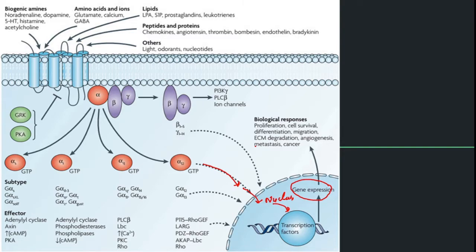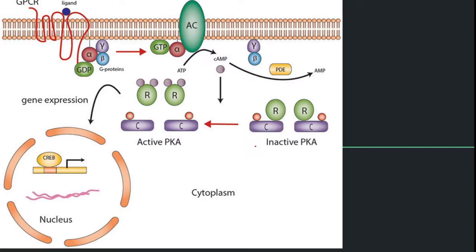Let's dive into the first type of signaling pathway, which is the GPCR mediated cyclic AMP signaling pathway. This is the most common type of signaling pathway, which is very important, and at the same time it is very easy because it doesn't have so many protein names to remember, so it is the easiest of them all. So you can see a GPCR over here.